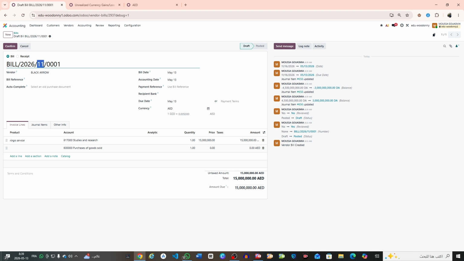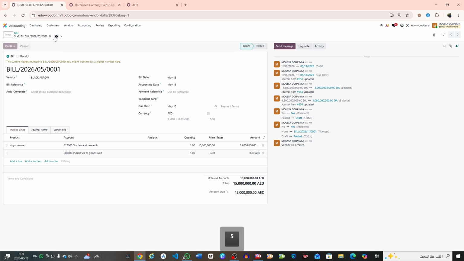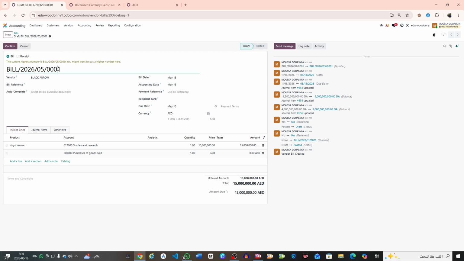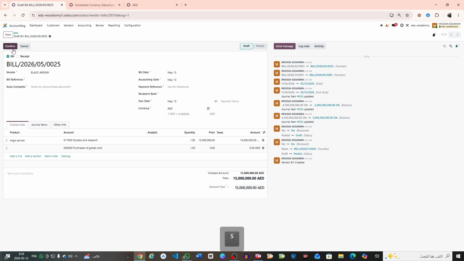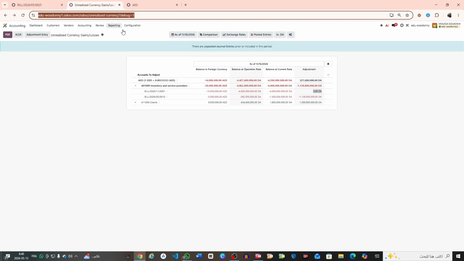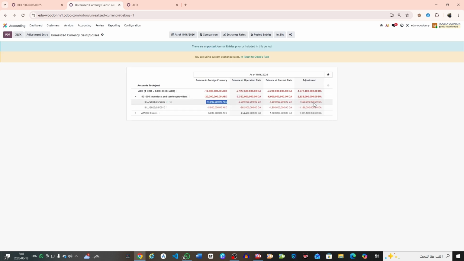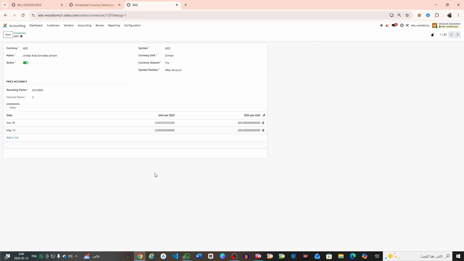Change here the sequence like this. For example, Stefan, like this, confirm. And now if you go back here guys, you can see the adjustment here of 50 million. It's 1.5 million, because the operation date is May the 13th, and May the 13th the currency rate is 200